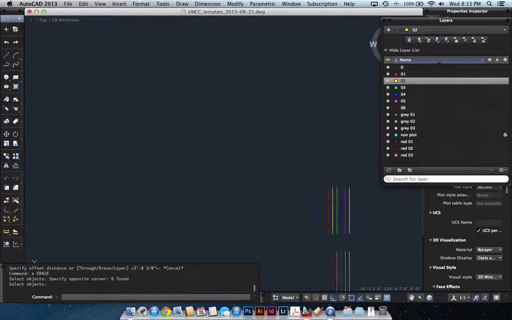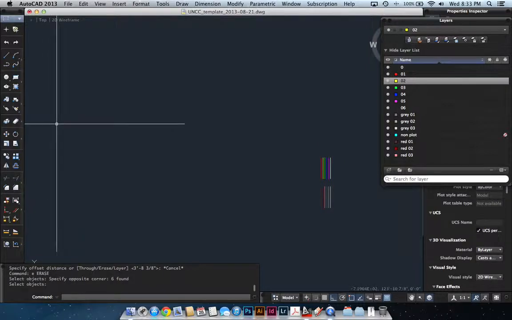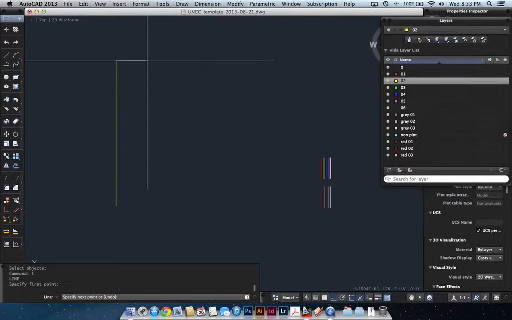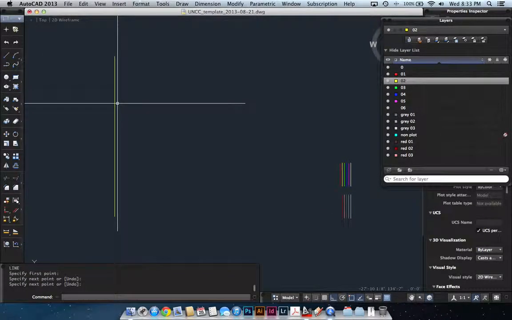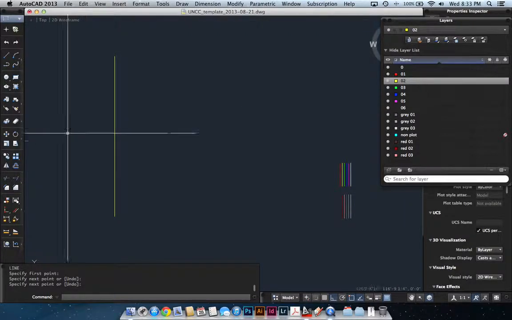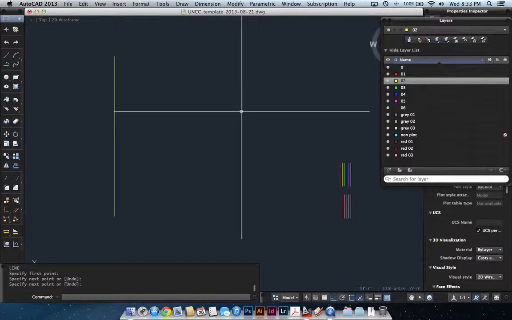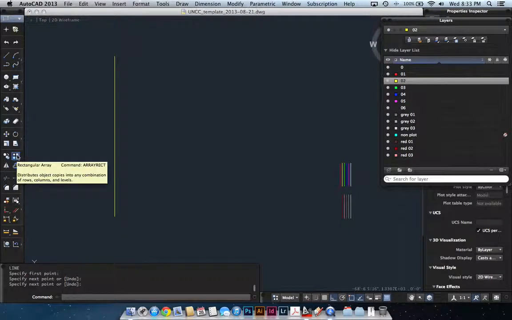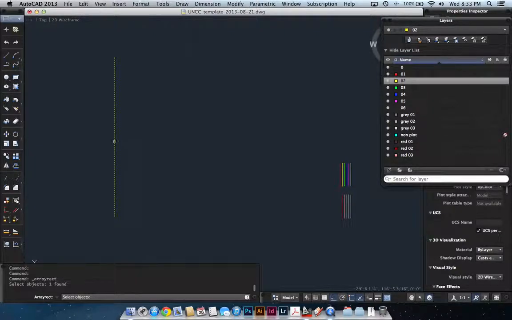Similarly, if you want to repeat offsetting over and over again, you actually can end up with a system where you use an array idea. So instead of just offsetting, keep clicking and going, you can actually use the array tool over here. So if I select the rectangular array and select this object